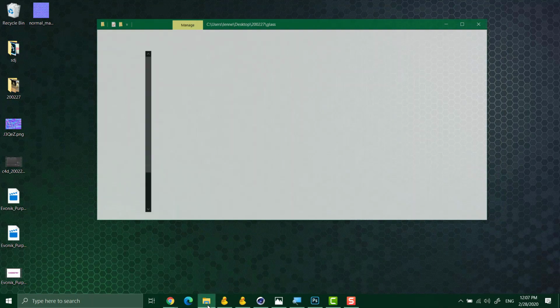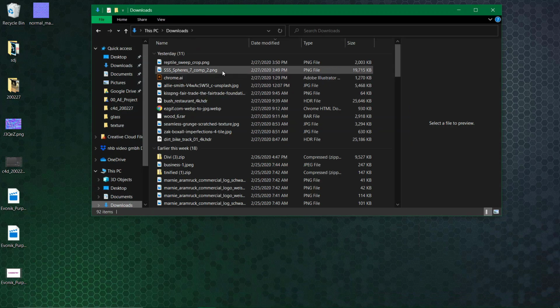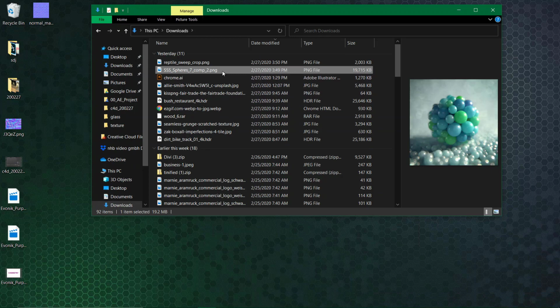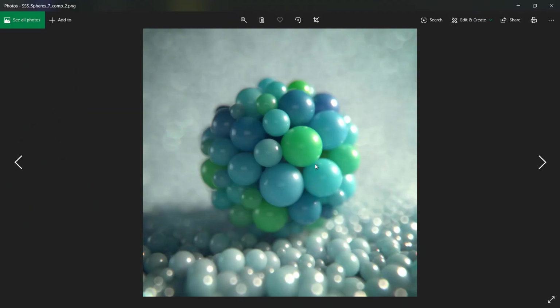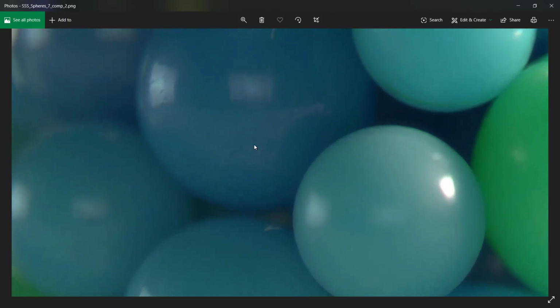I wanted to share, since we're talking about more advanced render techniques, a render that I did just because I didn't have anything else to do 2 years ago, and I just wanted to see how far I can take stuff. And this is the end result. From afar, it doesn't look too special, but if we take a super close look,